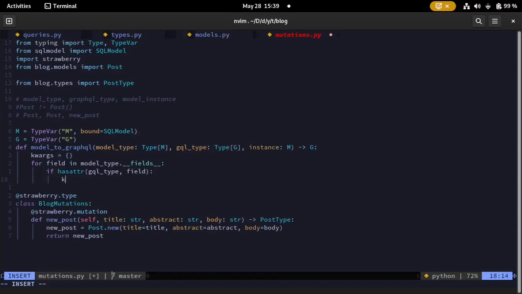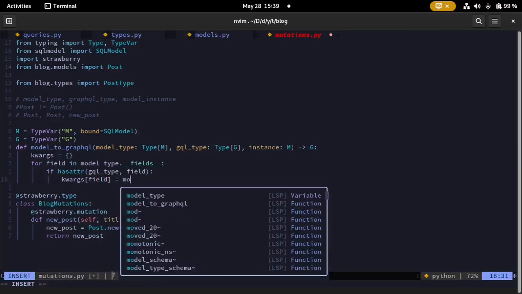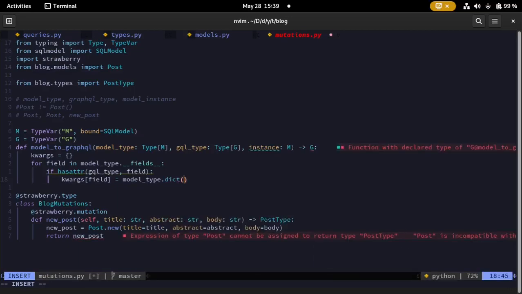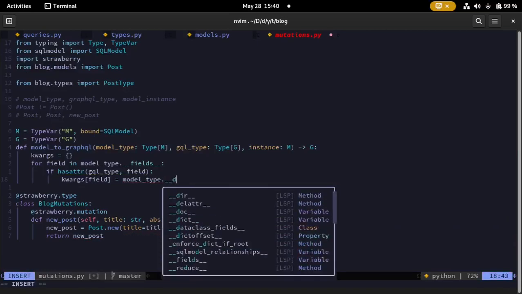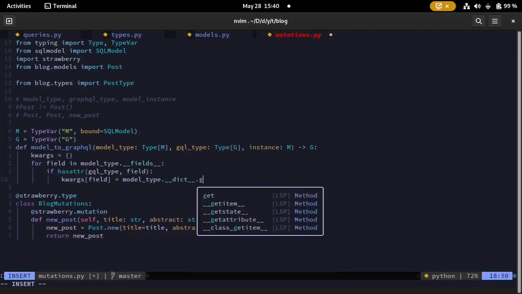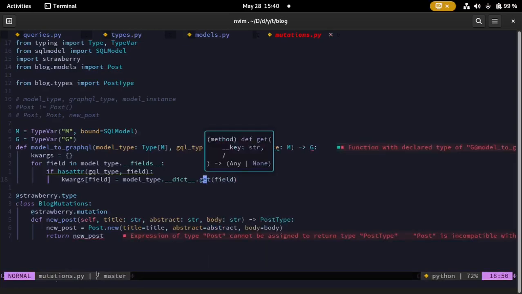So let's say quarks field is equals to model type dot dict dot get field or none. Alright, so what's happening here is that for each field in our model type field, right, we check